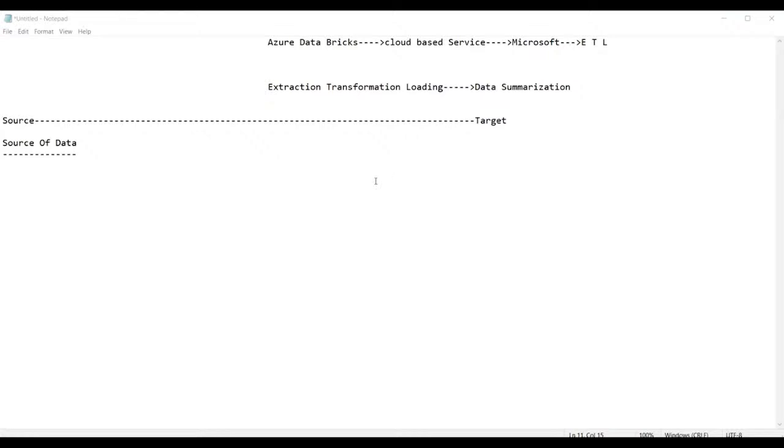So that is basically your house expenses and income, and you're going to write it in an Excel sheet, but ultimately that is nothing but the data.